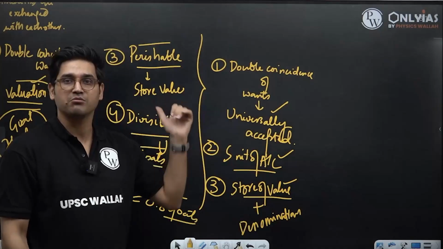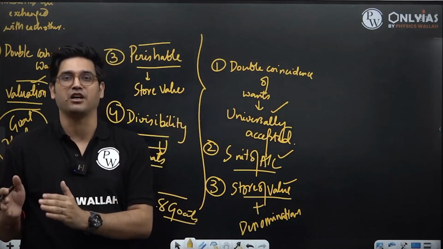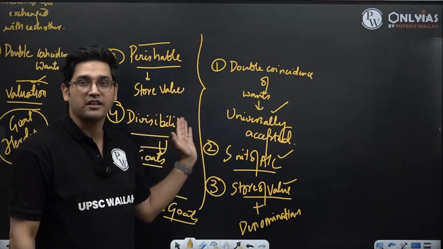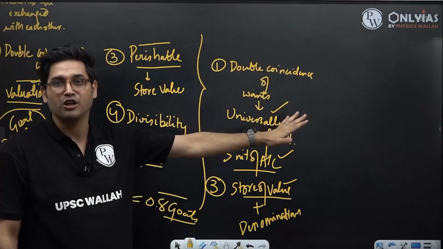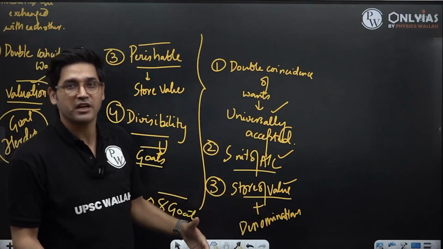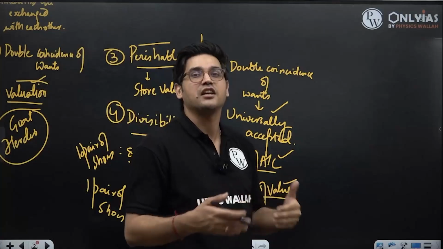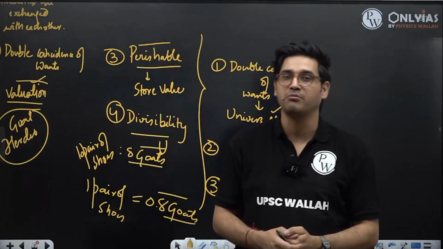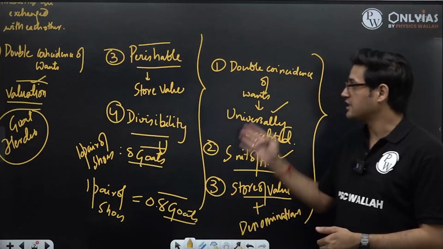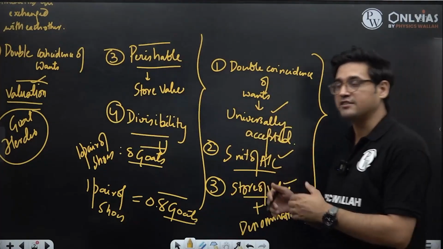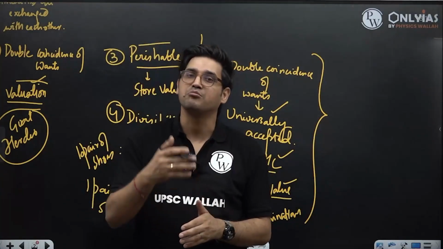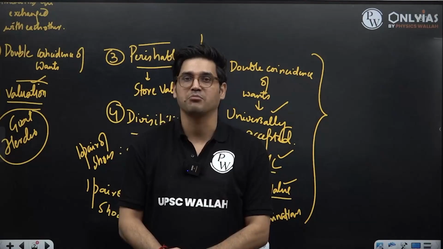So in barter system, there is no commonly accepted medium of exchange. Hence there is no concept of money. After the barter system, we came to kind of economies which were based on money, and these were the functions of money. So what is money? Money is something which is generally or commonly accepted as a means of payment and hence solves these three functions. These three are called the functions of money, and money is a common commodity which people will generally accept as a means of payment. That is what is defined as money.